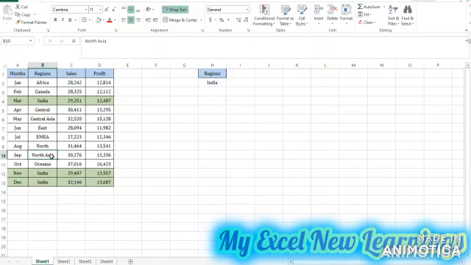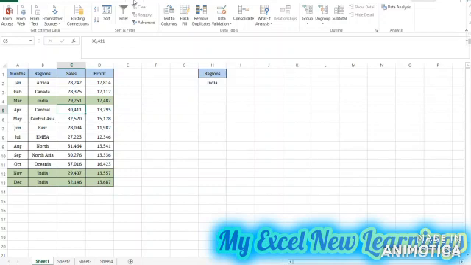The advanced filter has some different options, like you can give your criteria, plus if you want to see data greater than, smaller than, or equal to a value. So we'll see one by one. First, this is my data and I want to pull data for the region India.